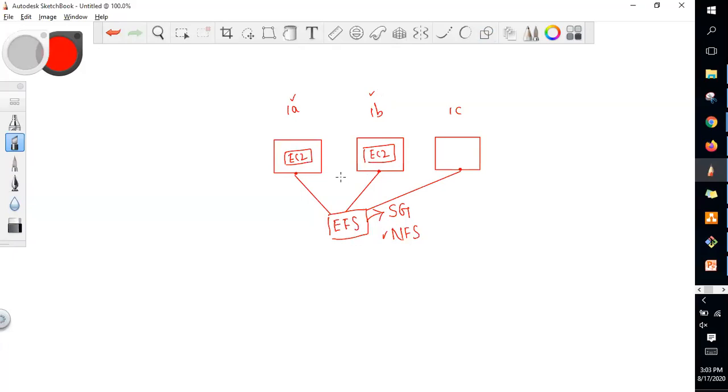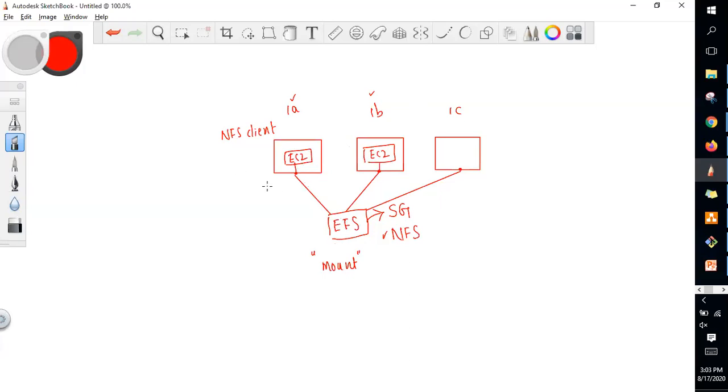That is the reason we create in different availability zones. And we will install the NFS client in these EC2 instances, and we'll try to mount to this EFS. We'll take the mount instructions from the console and we'll try to mount it.